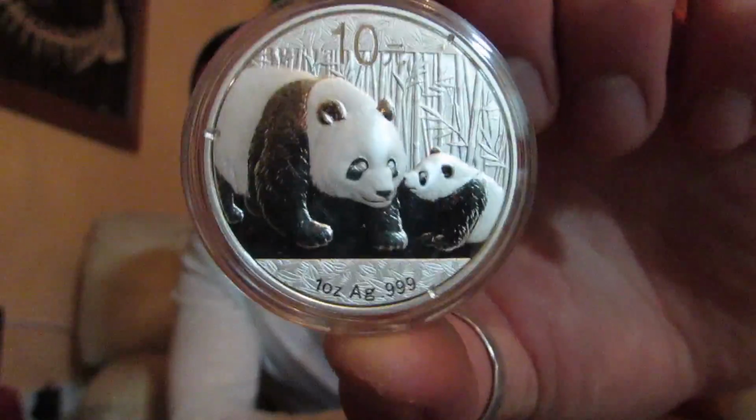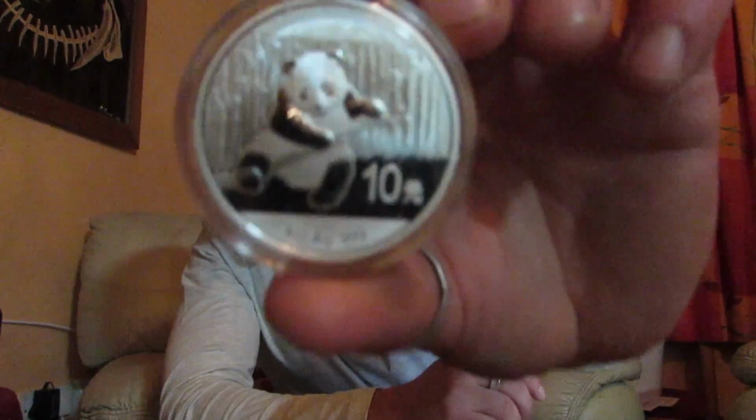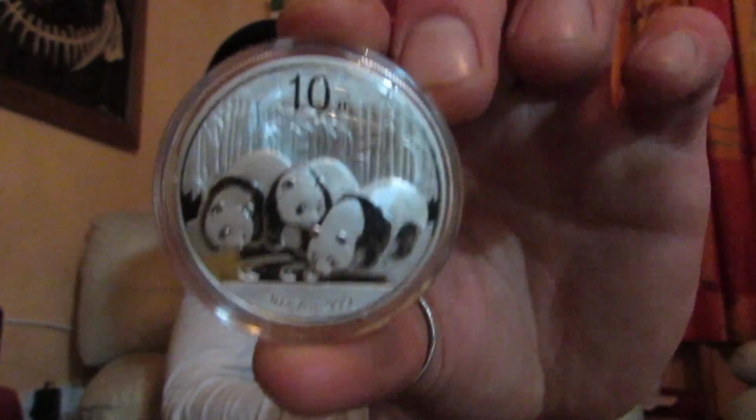Now, just to give you a look at these ones as well, they're from China. Again, government issued. Lovely coins. We've all seen them before, but for anyone new that hasn't seen them, they're a really nice coin. And that's 1 ounce. And of course, it gives the face value on it, because every one of them will have face value. However, this year is the first year that the Royal Bank of China have not issued the weight and purity on the coin. Everybody was scratching their head for a long time about that. They just kind of accepted it. Now this is 2013,